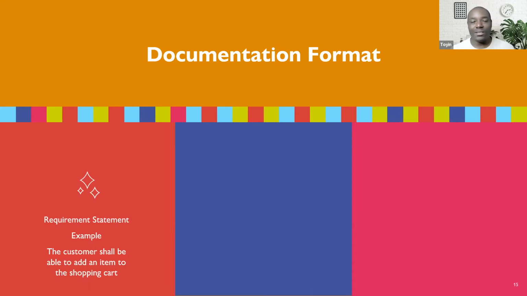If you work in organizations that follow the agile methodology, they have a different way of documenting the same type of requirement, and they call it the user story. When you're looking at a user story, what you're trying to see is how the user will carry out a particular action, and what it means for the user. So you're looking at what the user wants to do, the benefit of doing that, and who the user is. Your user could be different people. It could be a customer, it could be an administrator, it could be anybody, but you'll need to be able to define who that user is